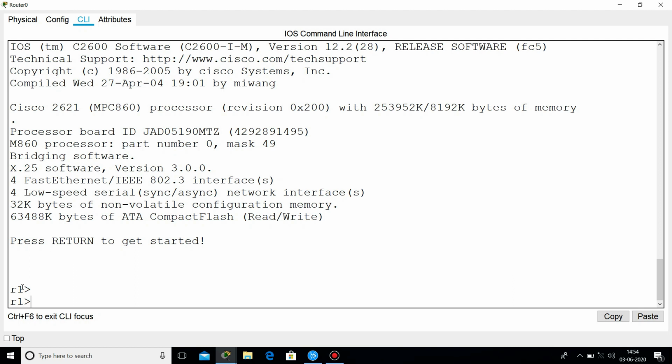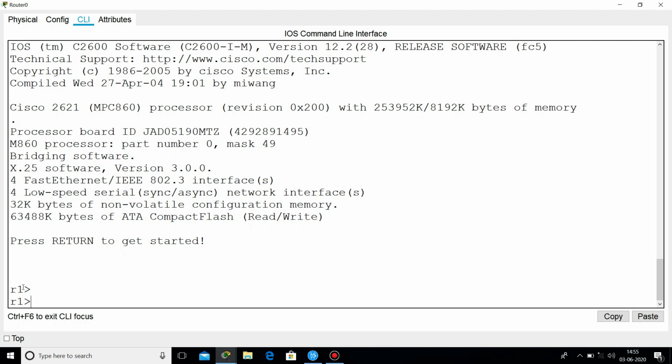If I do not run the command copy running-config startup-config, then what will happen? When I power off the router button and then again power on, I will lose all of my configuration. If you want to test it, test it by yourself. If you face any problem, you can ask me with the help of the comment box and also with the help of my Telegram group, that is Tech Queries.